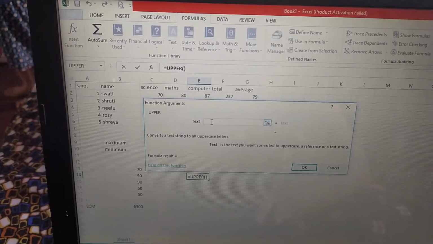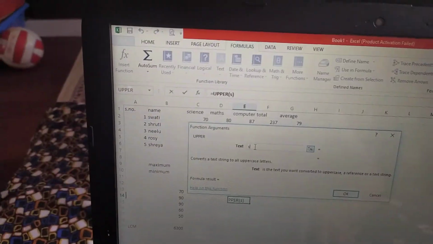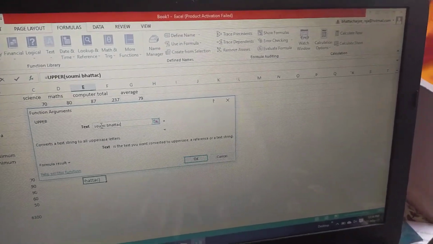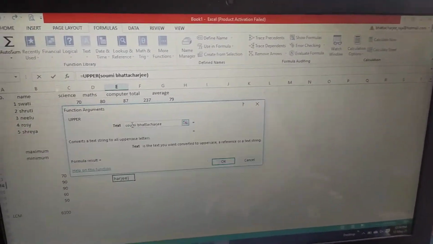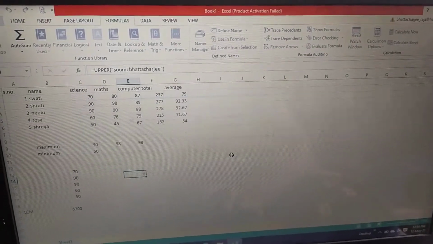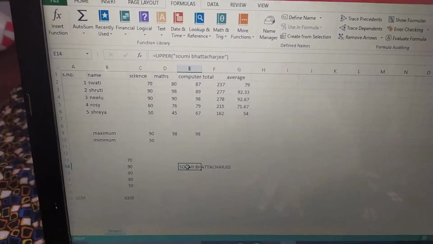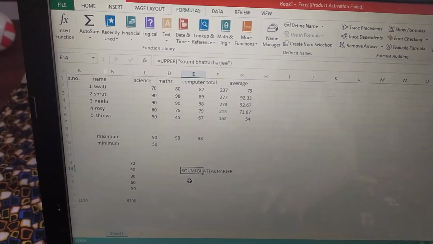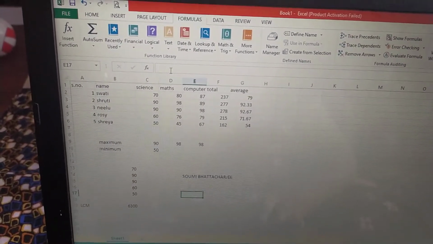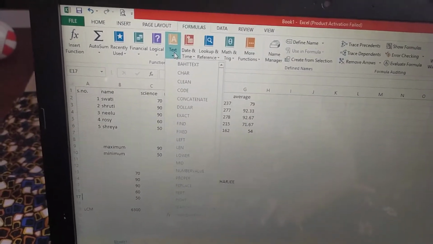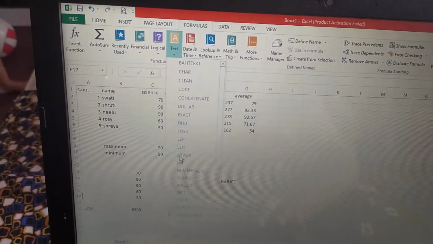Text over here is Shomi Bhattacharya and press enter. See, it is converted to uppercase. Suppose we need to convert this into lowercase. What we are going to do? Go to the text lower.